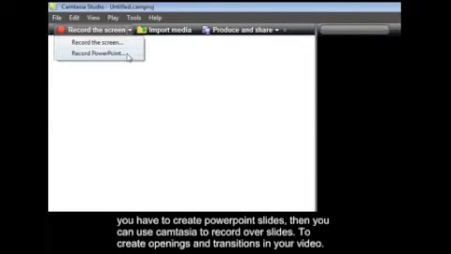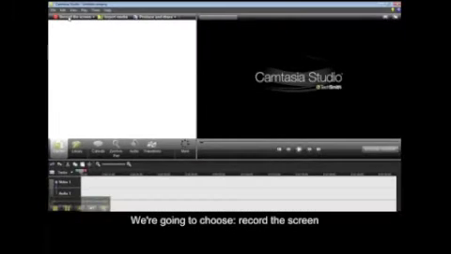Going up here, we see that Camtasia allows us to record the screen. Clicking on this arrow, we also see that it allows us to record from PowerPoint, which means you have to create PowerPoint slides, and then you can use Camtasia to record over those slides, especially if you want to create openings, endings, or transitions in your video. We're going to choose Record the Screen,